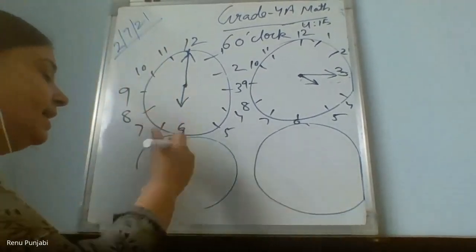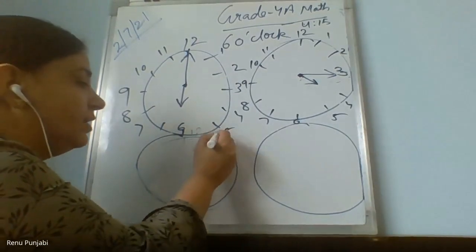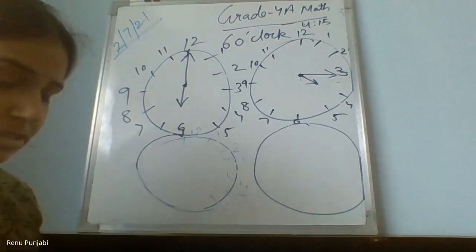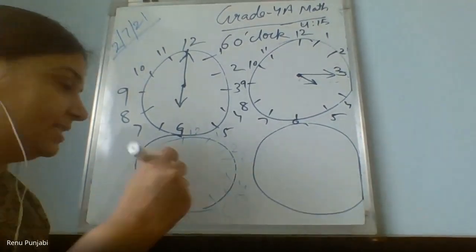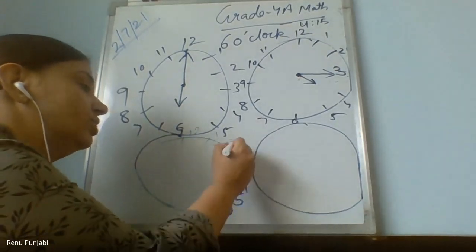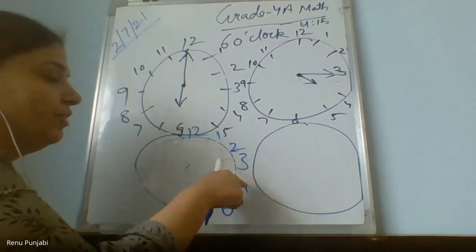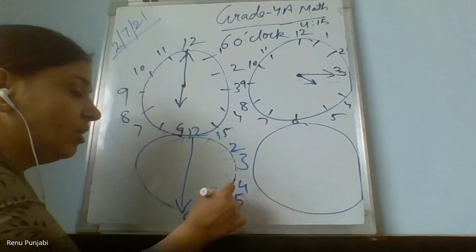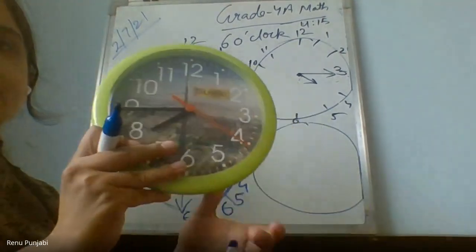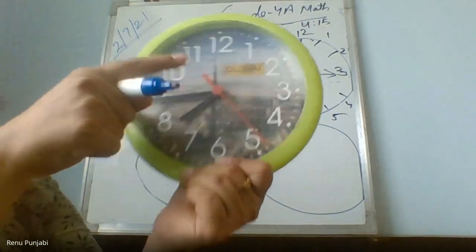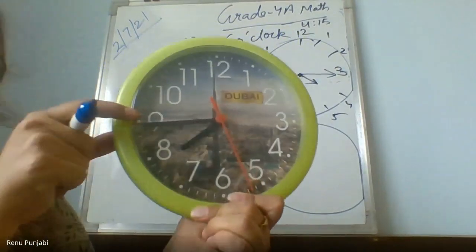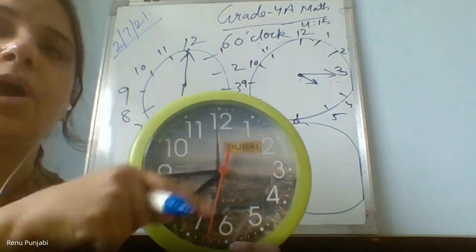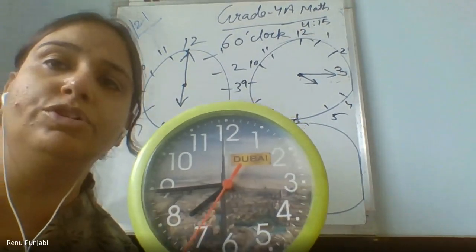अगर आप numbers randomly ऐसे ही उल्टे लगाओगे 12 1 2 3 4 5 and your 6 is coming here, then your clock is wrong. कभी आपने ऐसे देखा है क्लॉक को? 12 1 2 3 4 5 6 and then 6 is coming here, 6 is not coming opposite to 12, then your clock will be wrong. Always see this here, proper clock is when opposite of 12 is 6, opposite of 3 is 9, तब आपका प्रॉपर क्लॉक बनेगा. अगर आप रेंडमली कहीं भी कुछ भी नंबर लिख दोगे, your clock will be wrong. Am I clear, Moksh Patel?